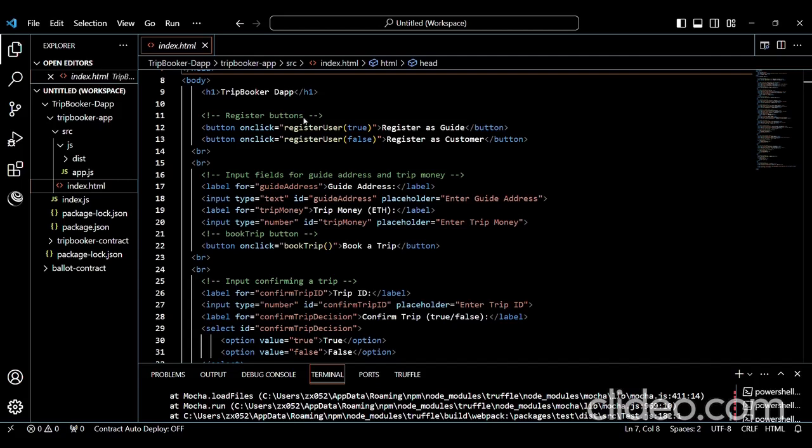And if it's a book trip, which is this one, we provide a guide address and the money as the message value. There's a complete trip that can provide true or false, and the ID, the complete trip provided by the ID, and the change request ID again. All those things going on in this